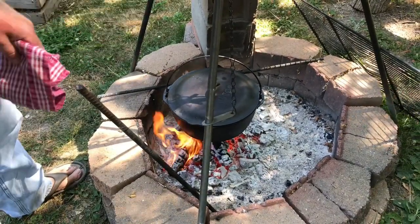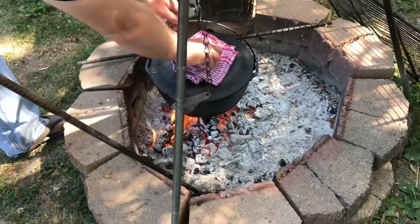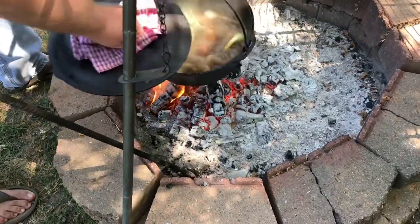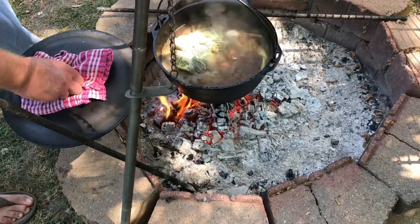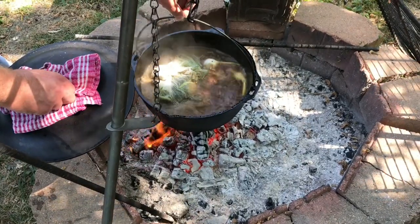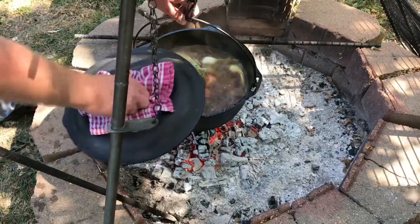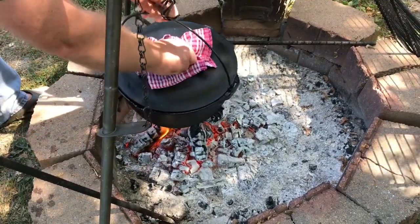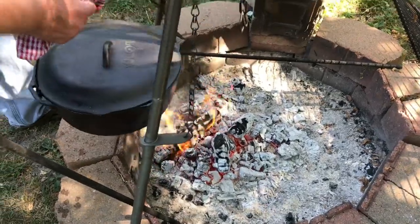All right, everything's been cooking now about 2 hours. I just added the vegetables in. I'll show you a little bit here what it looks like. I added in red potatoes that we dug today, a couple of green onions, and then I took some green beans with some dill and some thyme, and I put them in a little bit of cheesecloth to hold them all together. We'll close this back up, lift it off the fire now,